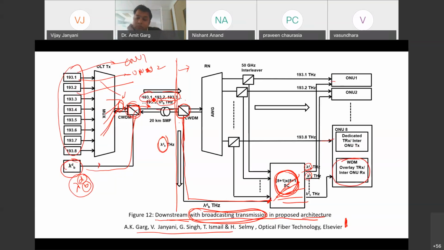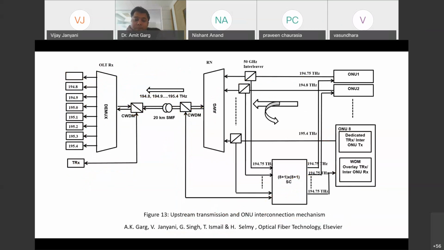Whereas all these 8 wavelengths, as usual, go to the AWG, and each one goes to its ONU. That is the downstream with broadcasting. What happens in the upstream direction and inter-ONU connection? Basically the same mechanism applies here. If you shift this wavelength by 50 gigahertz, the interleaver comes into operation.